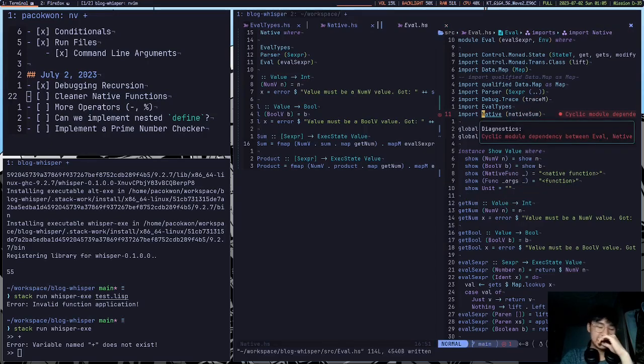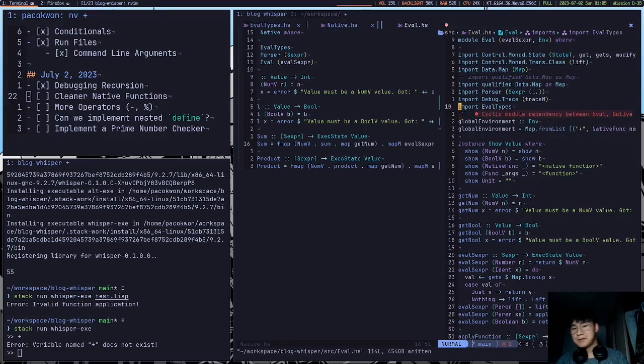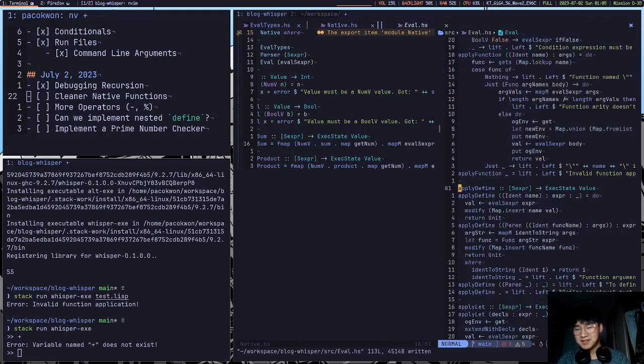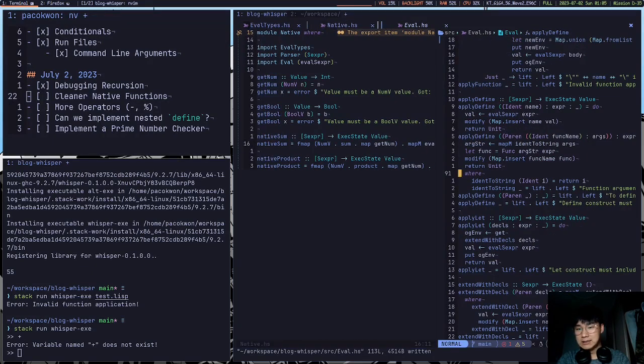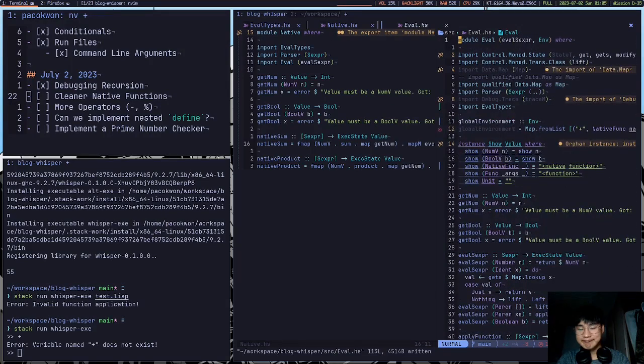Cyclic module dependency. Oh no. What are we gonna do? We can't do it. I'll be so sad if that's